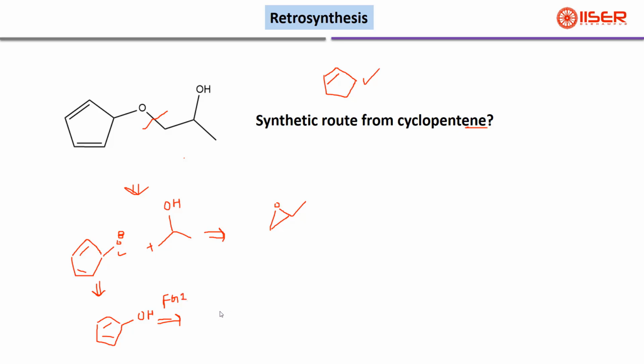Why do we change the OH group to bromine? Next, if we just eliminate this bromine,